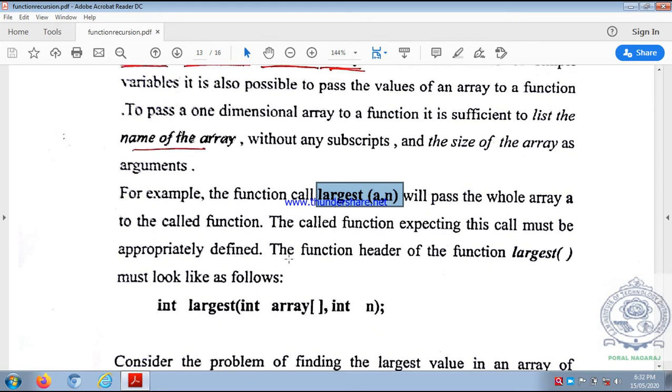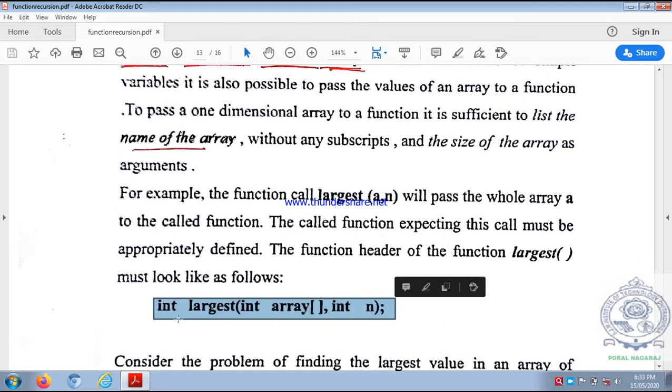So in the called function largest, its header looks like this. See, int is the return type, the name of the function is largest, then these are the formal parameters within parentheses. In the function call we have two actual parameters, so the function definition must have two formal parameters.